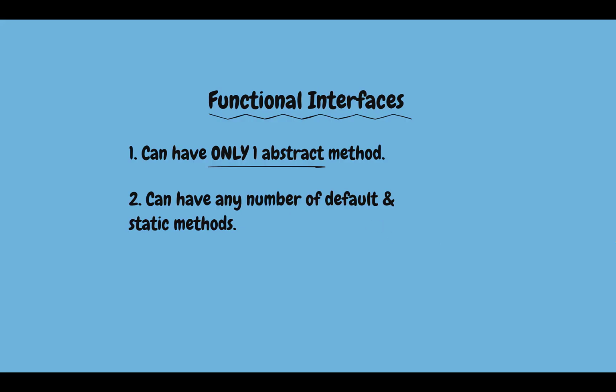To summarize, a functional interface is an interface that has only one abstract method. It can contain other methods as well, but those must be default or static methods which have a body or implementation. Apart from that, it can also contain abstract methods which are defined in the Object class, the